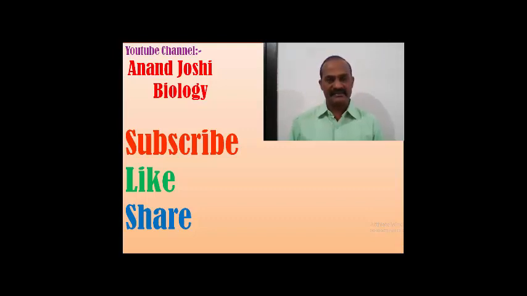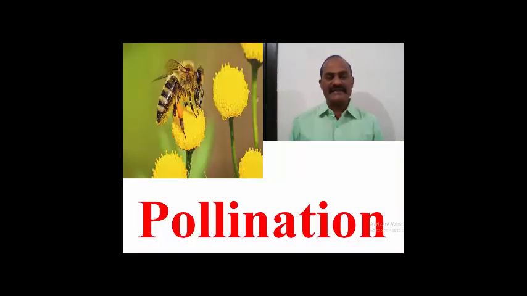Friends, today we are going to discuss a very important topic in sexual reproduction in angiosperm. Already we have studied the development of male gametophyte as well as female gametophyte. And today we are going to discuss pollination. It is well said about pollination that if all the types of pollinators like bees become extinct, within a few years the entire earth will be barren, and all the biological communities will be destroyed from the earth. So in that context, it is very important ecologically.